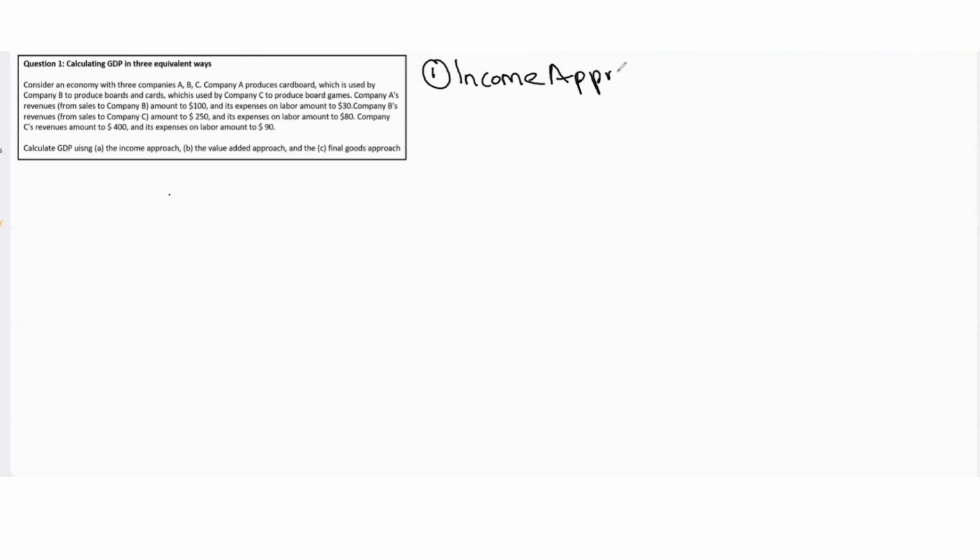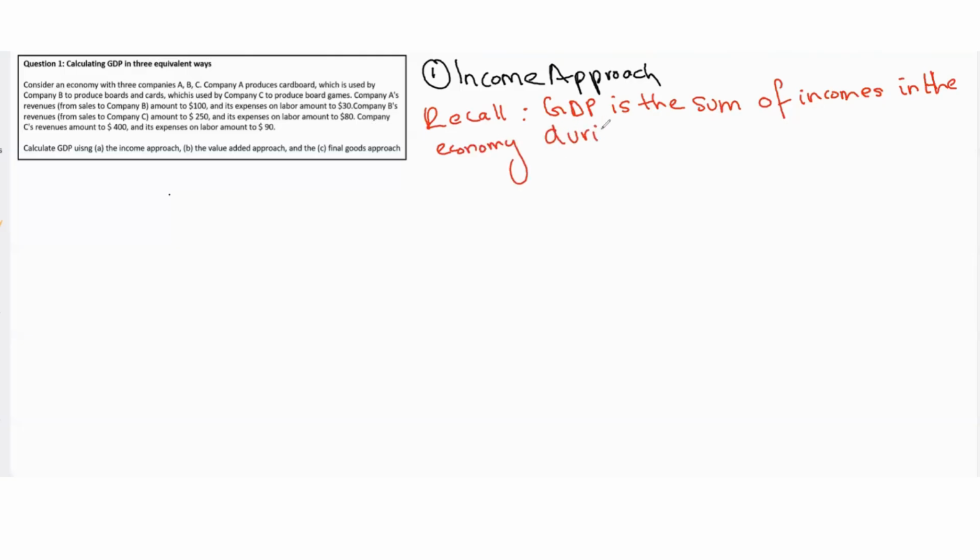Now, what does the income approach say? Let's recall here. The income approach says GDP is the sum of incomes in the economy during a given period. Now, these incomes include